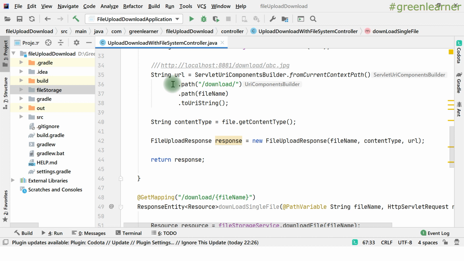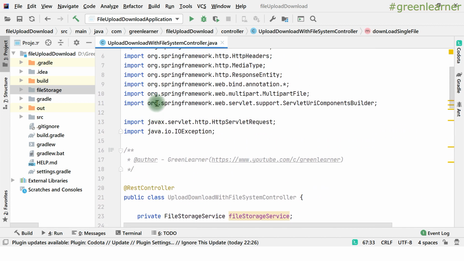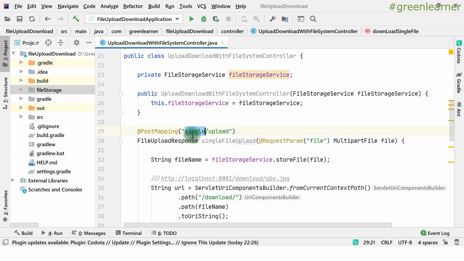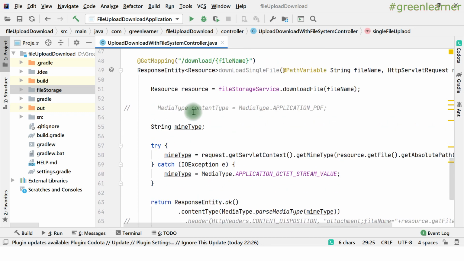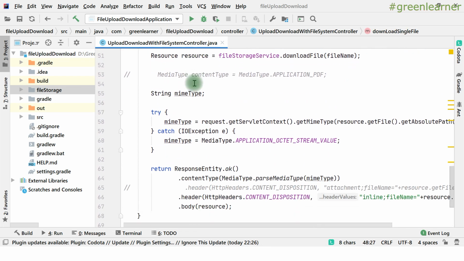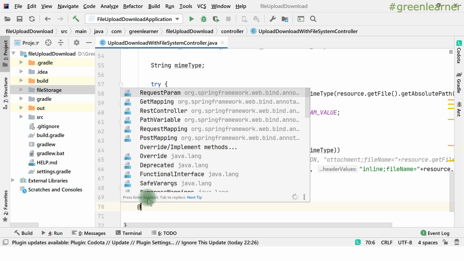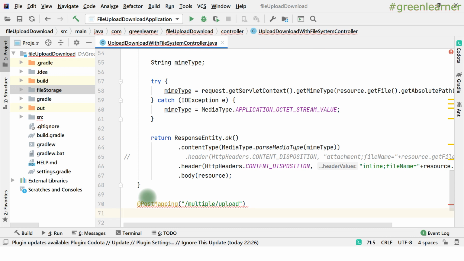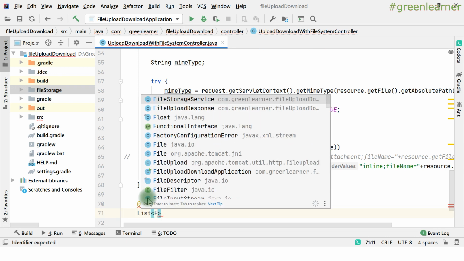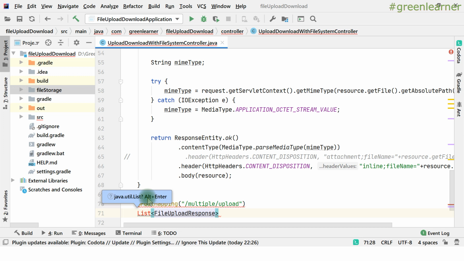So this is our project file upload, where we have created a few endpoints, single upload and single download, right? First let's quickly go ahead and create the multiple upload endpoint. That will be a PostMapping upload. I want the response as a file upload response.